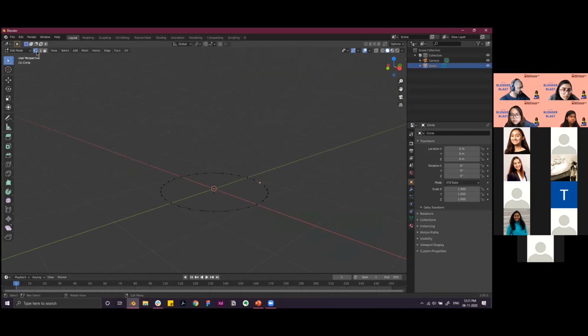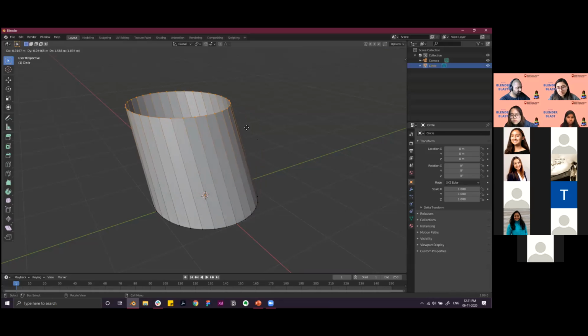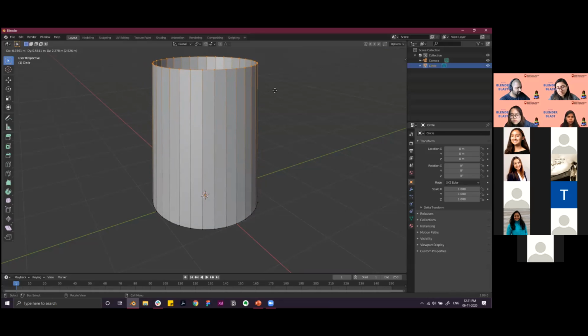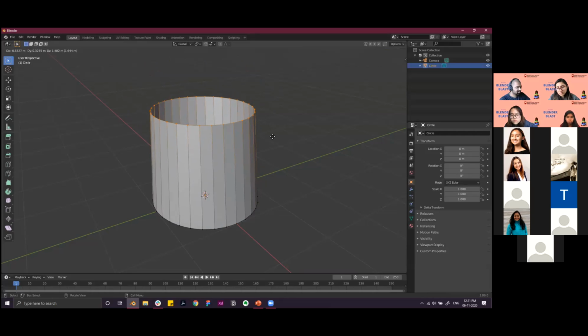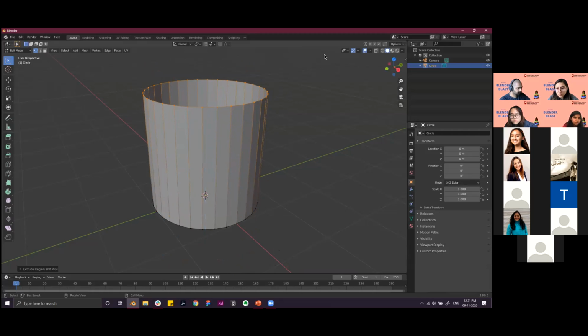We select vertex select, and we select all of the vertices of that circle, and then we press E. Once you press E, with the mouse drag you can extrude. If you press E and Z, it will only extrude in the Z axis. So you can move down or you can move up, but we want to move it up. Okay. So first I have to select all the vertices and then okay, I'm able to do that.